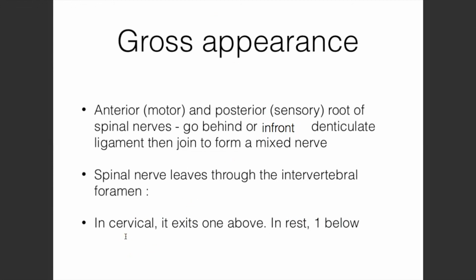So since this first cervical nerve goes above C1, then لما نوصل ل C7 هتكون C7 مارقة فوق ال7th vertebra والتحت دي هتكون فاضية هتمرق واحدة أخيرة اسمها C8 تحت ال7th vertebrae. تمام؟ يعني عشان كده there is an extra one في cervical because it exits one above not one below. في الباقي بننزل من below يعني T1 بتمرق تحت T1 T2 بتمرق تحت T2 T3 بتمرق تحت T3 لكن في cervical بتمرق فوقه. تمام؟